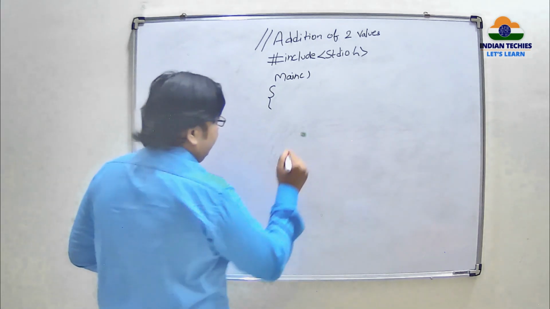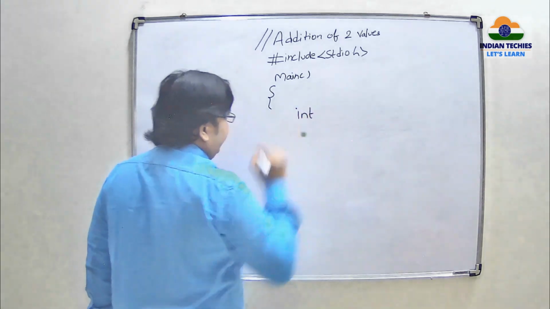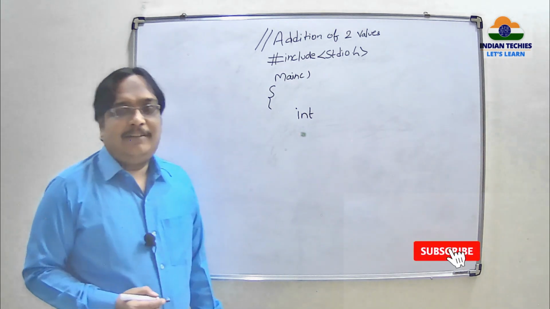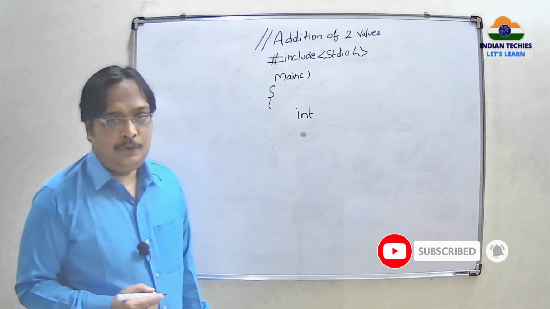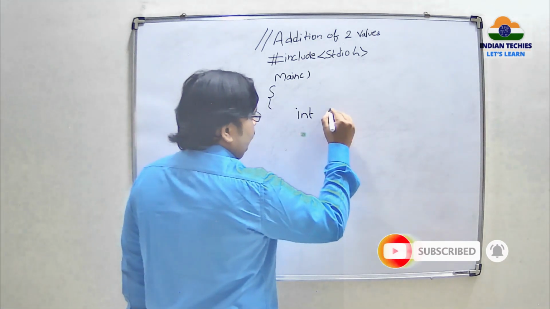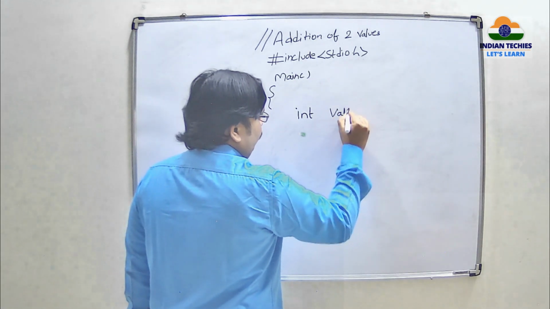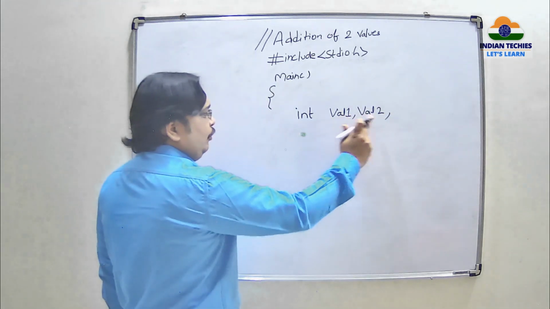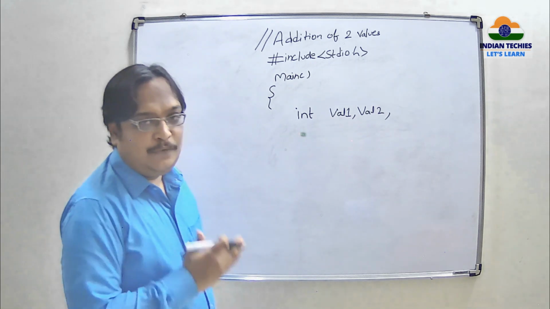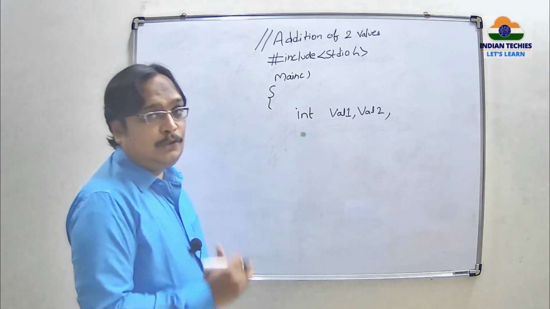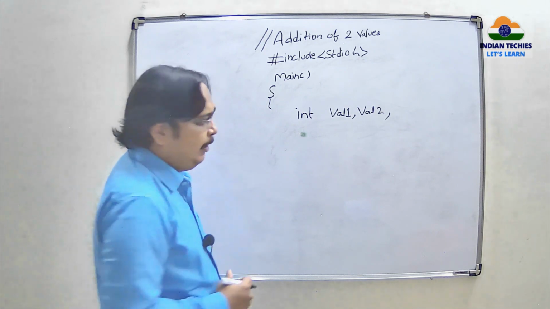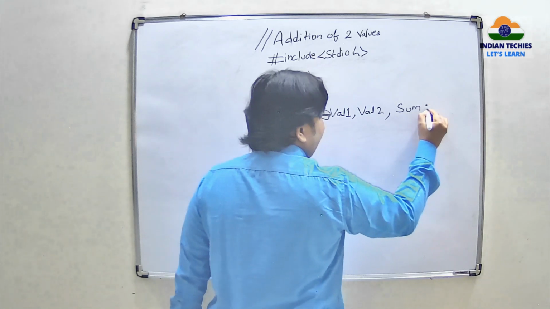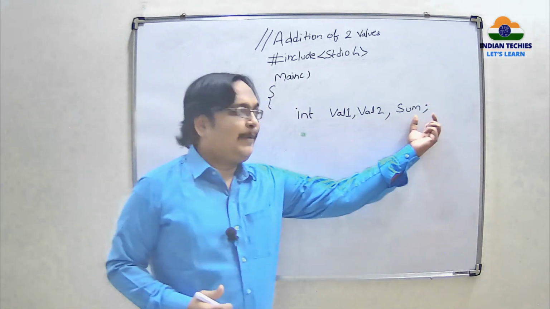So how are we going to declare? All integers are declared with int. Now you can declare the variables, whatever names you want to write. So I am declaring value1 comma value2. For two values I have declared value1, value2. To store the addition of these two values, I need one more variable. You can keep any name. Since I am doing addition, I am keeping it as sum. So my declaration is completed, and I am terminating with a semicolon.